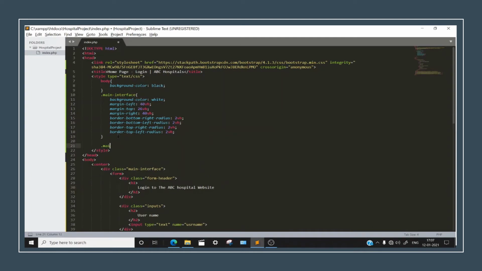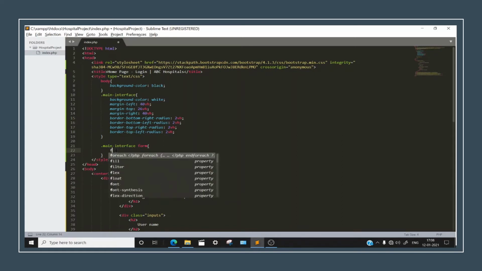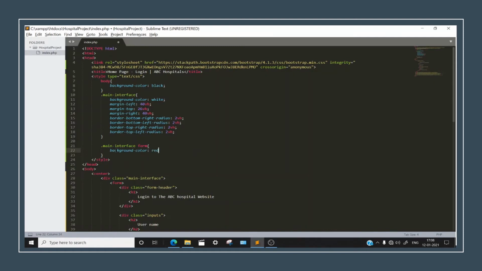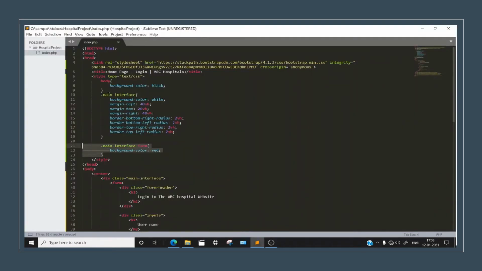Let's go down to dot main interface. Let's just copy this thing. Why write it again and again every time? And let's keep on the form. Okay, so now you can see that these colors are different. What does this mean? Because this is a division, so it's forming like this, and this is the form. Alright. Okay, so now for the form, the background should be, let's say, red, and we will see what difference it creates. Well, this thing is really bad, so let's just remove this part because we would be typing all this again and I don't want that.